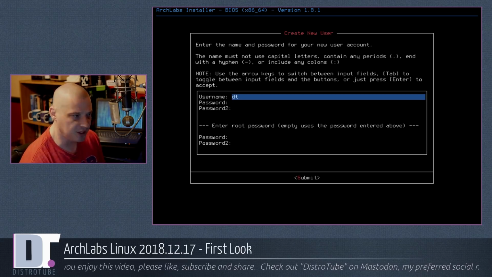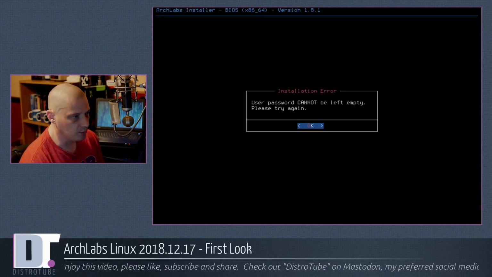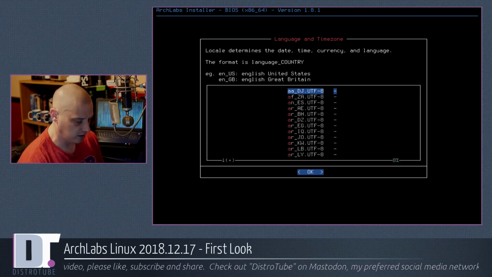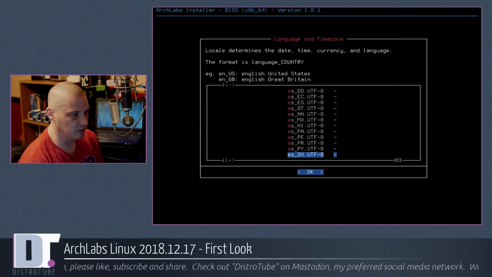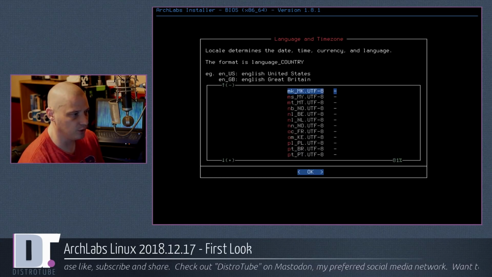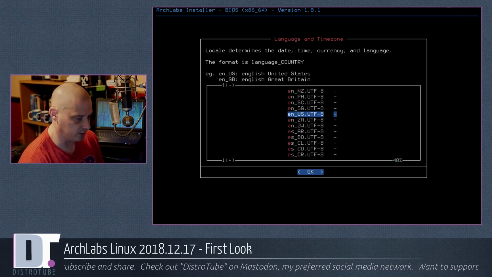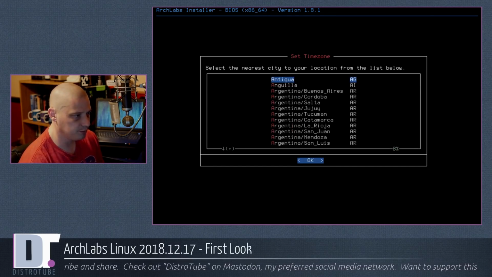I'm going to call my username DT. All right, the password cannot be left empty. Okay, so now I have to go through all that again. Are you kidding me? So now I have to go through this confusing list. Well, this list wasn't confusing, the language list, English, US. But this list,